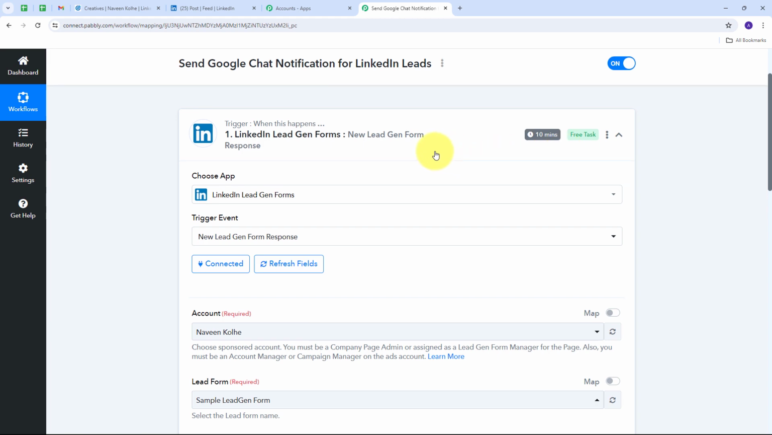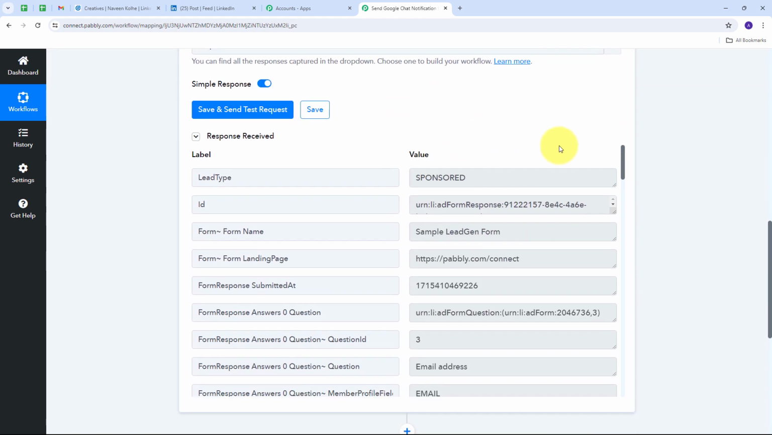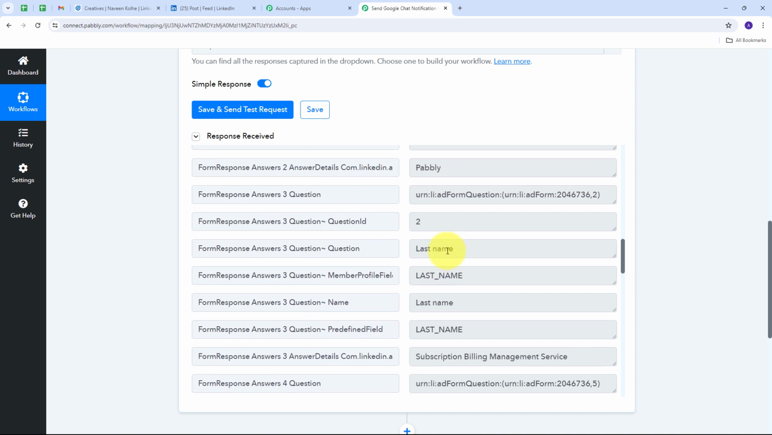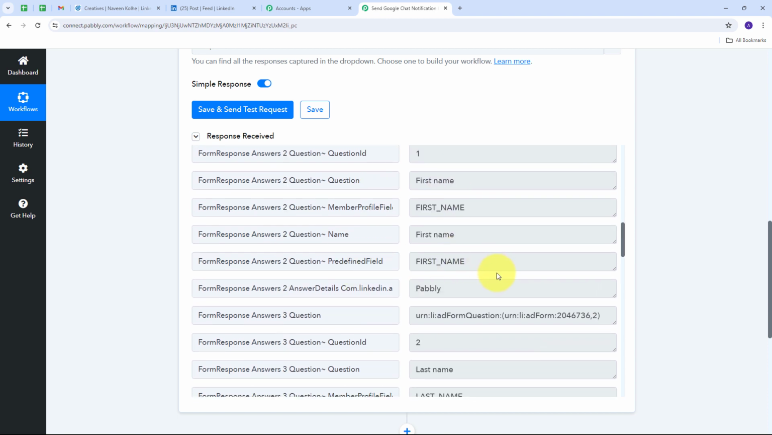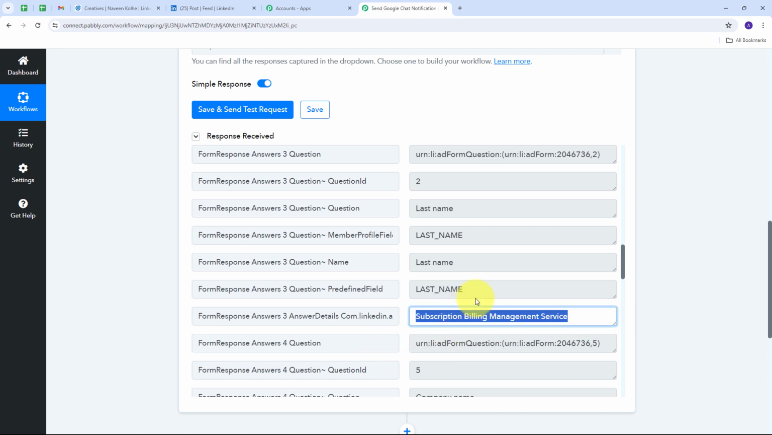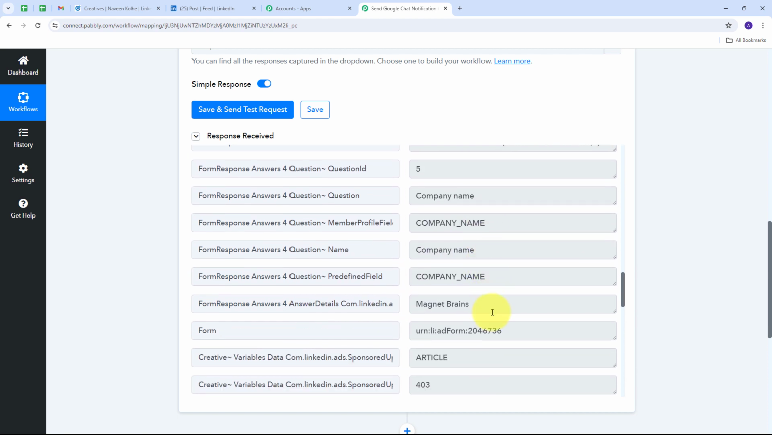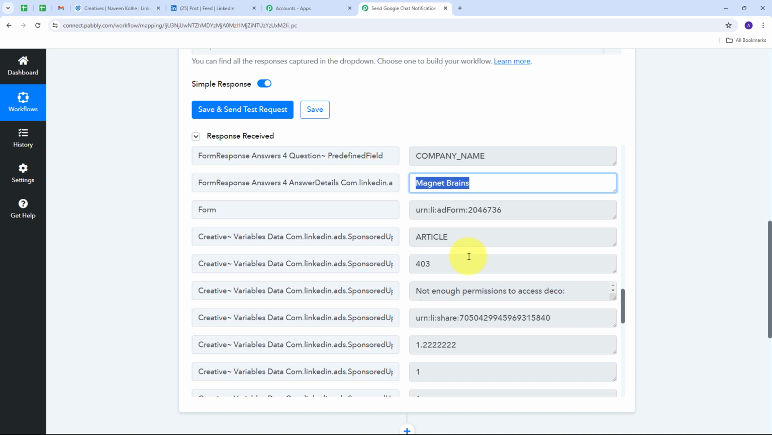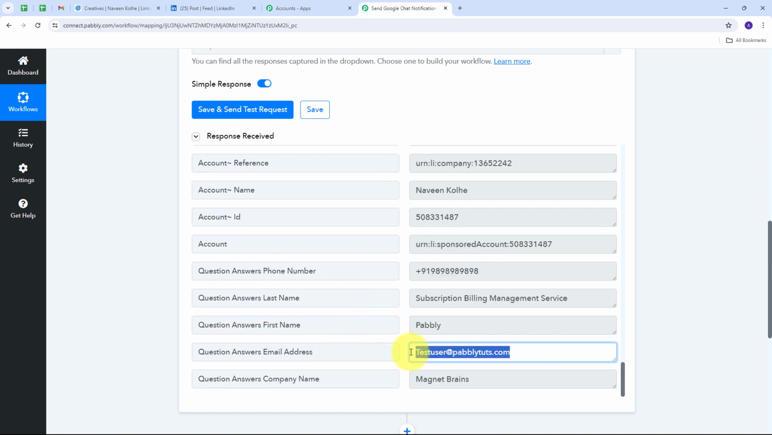Now what I need to do is I need to scroll down, and here I have received my response. So in this response I have received all these details. So here I have my first name which is Pabbly, I have the last name which is Subscription Billing Management Service, also I have my company name which is Magnet Brains, and I have my email address which is testuser@pabblytudes.com, and this is the random phone number. So here I have received all the response of my lead generation form,